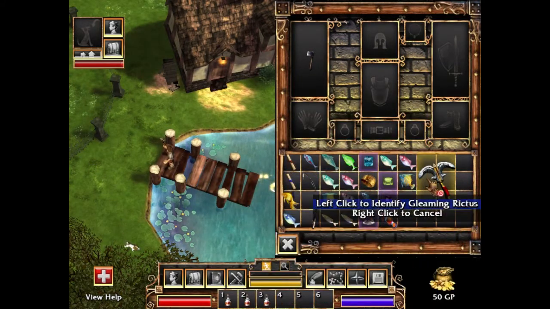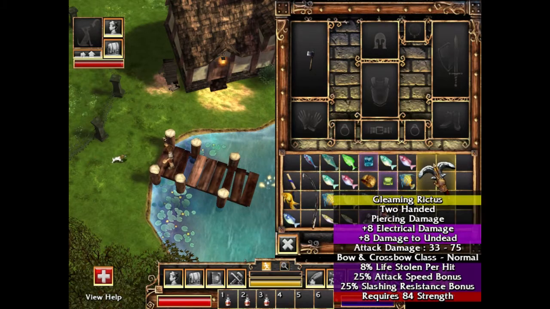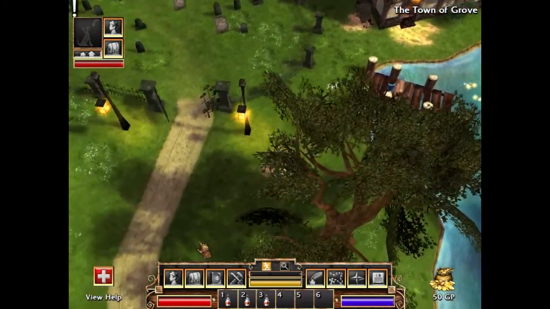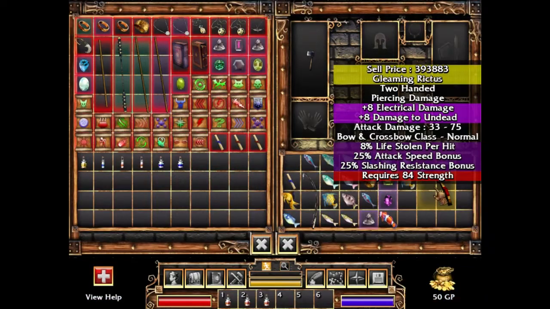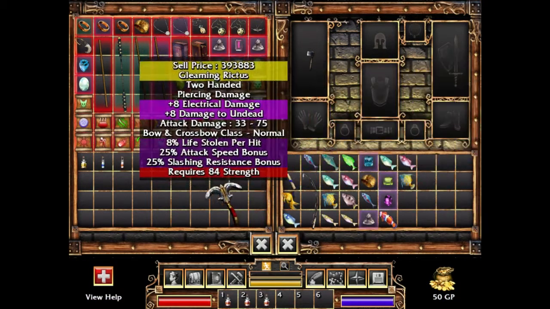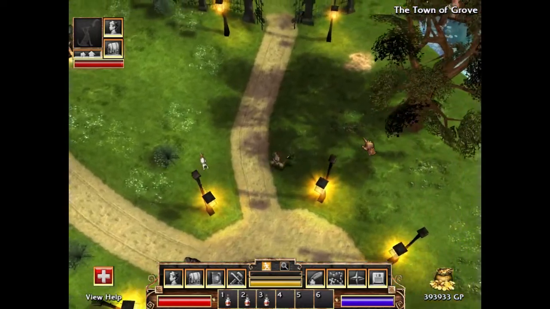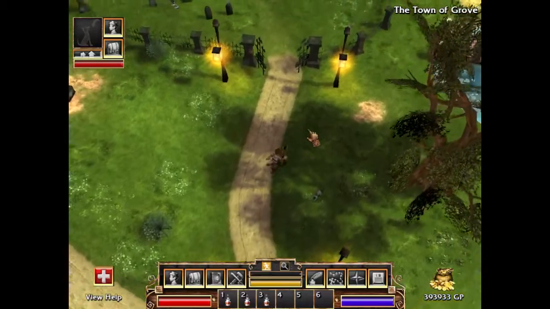If you identify it, you can see that it's got some crazy things, and it's got a special name, it's got a yellow background, and it sells for quite a bit of cash too. And if we try and sell it, we see it's worth 393,000, which is a lot when you start at level 1. However, the developers were fun enough to add some interesting and crazy rare items and some that are